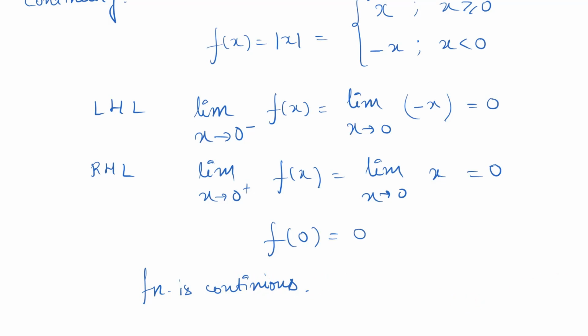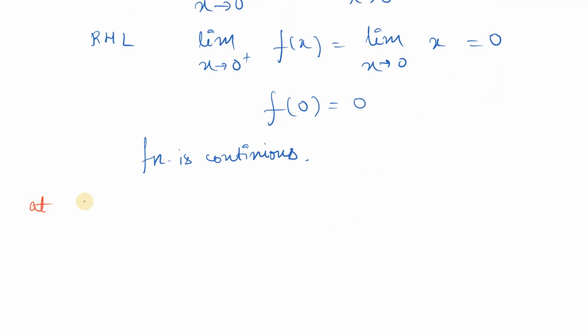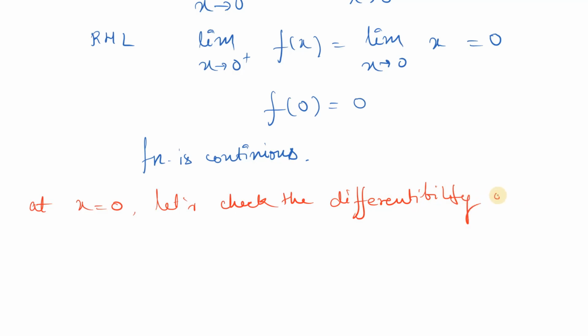Now let's check whether it is differentiable or not at x is equal to 0. Let's check the differentiability of this function f of x. A function is differentiable when its left hand derivative is equal to the right hand derivative. Okay, let's see that now. So, left hand derivative